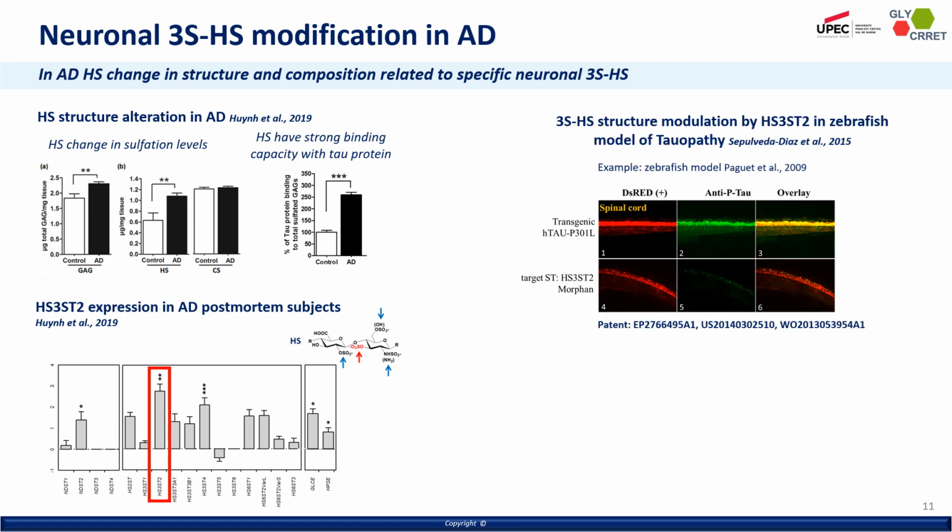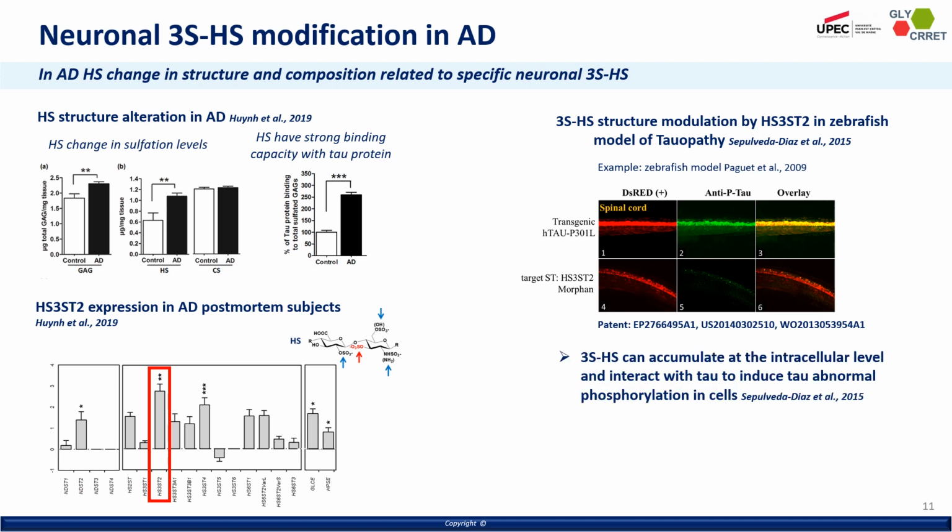Here I show you an example of a zebrafish model that we published in 2015. These fish express the P301L mutation in the tau protein, representing frontotemporal dementia. And these transgenic fish express AD's red. So you can see here the red fluorescence. And at the moment when we stain these fish with an antibody recognizing tau, you can see also green fluorescence. So when we target the enzyme heparan sulfate 3-O-sulfotransferase 2 in these fish, we saw that the tau protein disappeared